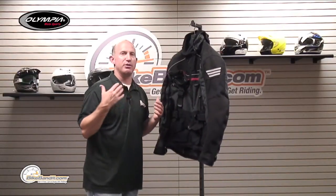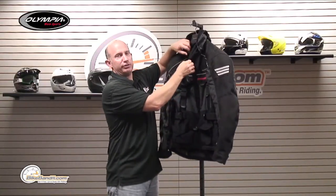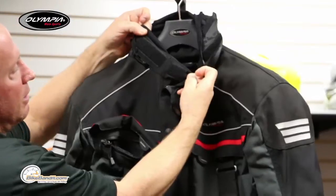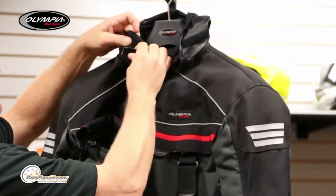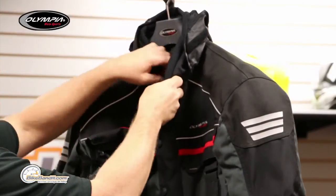You can carry tons of gear in this. But staying along that motif of adjustability, you have a big neck? You've got a really big neck. You've got a little pencil neck. Not a problem. That is 5 inches of Velcro. So you want it here? Not a problem. You got a little skinny pin neck? Not a problem. You can go up here, tighten the whole thing down when you're going underway,